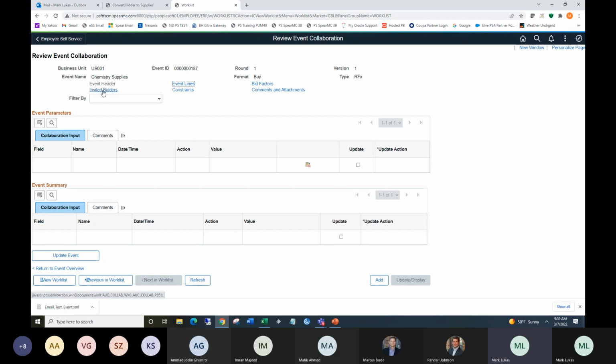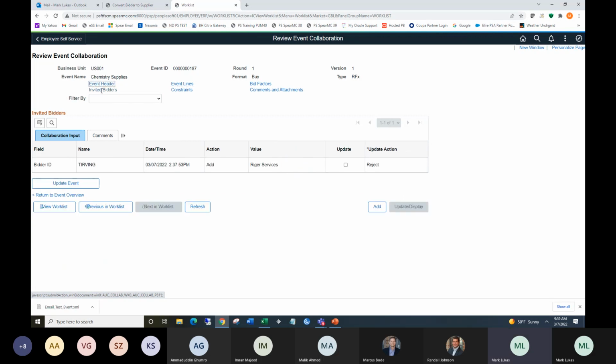So I can go here, invited bidders, and you know what? First thing I see, he's invited Riger. Well, yeah, I know why he invited him. That's his cousin. So we're going to reject that. We don't want him. So that one's out. I can go through each of these links that are exposed to tell me what's